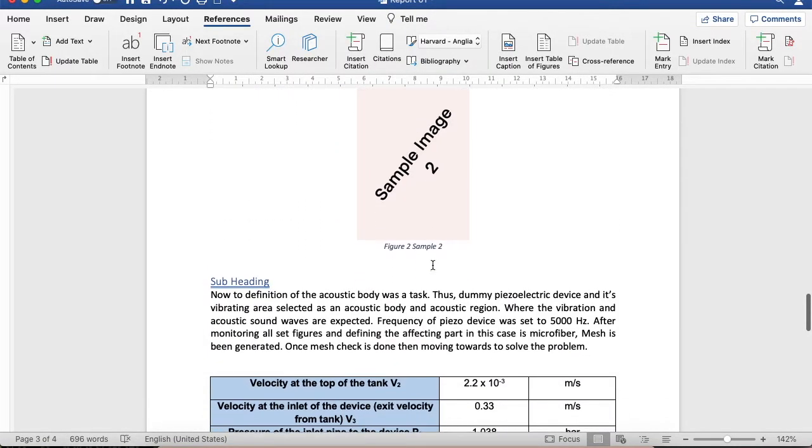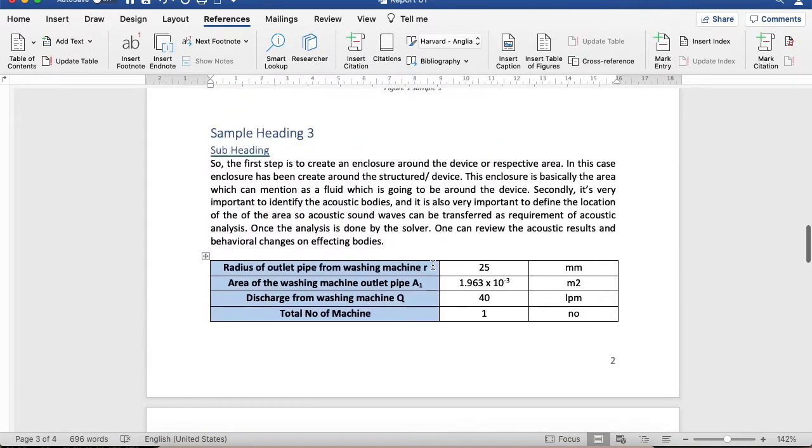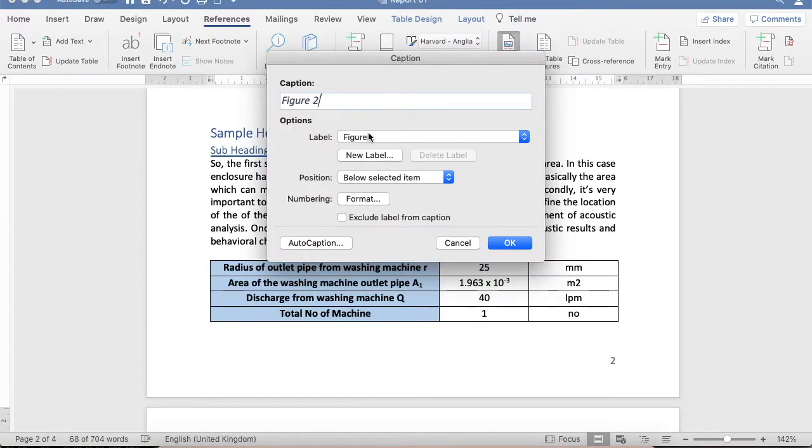Now we are done with all the figures. Now select all the tables we have. Select the table, again go to insert caption. Now it's saying that figure 2, but this is table, we know that. So in the label you select as a table. Now here you have table 1,